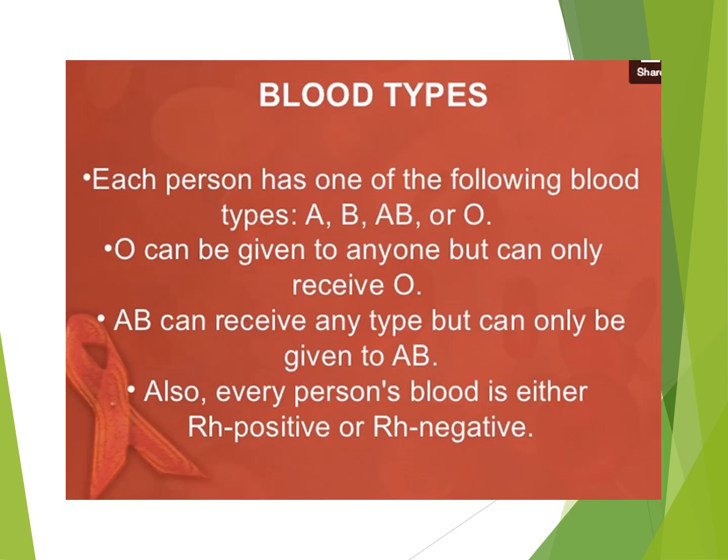The blood types, right? Each person has one of the following blood types: A, B, AB, or O. O can be given to anyone, but can only receive O. Remember, they're the universal what? Donors. AB can receive any type, but can only be given to AB. Again, universal